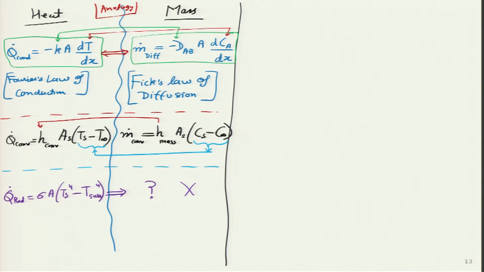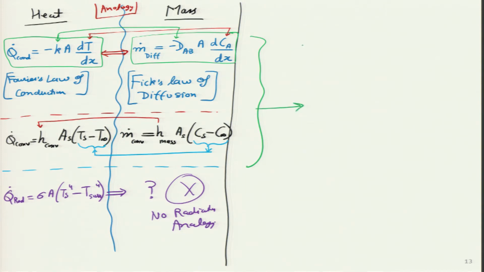No such teleportation has been possible where instantaneous mass transfer takes place through some sort of radiation traveling at the speed of light. So, finite speed is required, some medium is required. So, mass transfer has a conduction analogy, a convection analogy, but till date it has no radiation analogy. So, I will put over here no radiation analogy, which is known to scientists, but if students are interested in searching for it, it may come out someday, but not today. So, let us now try and see these two concepts.